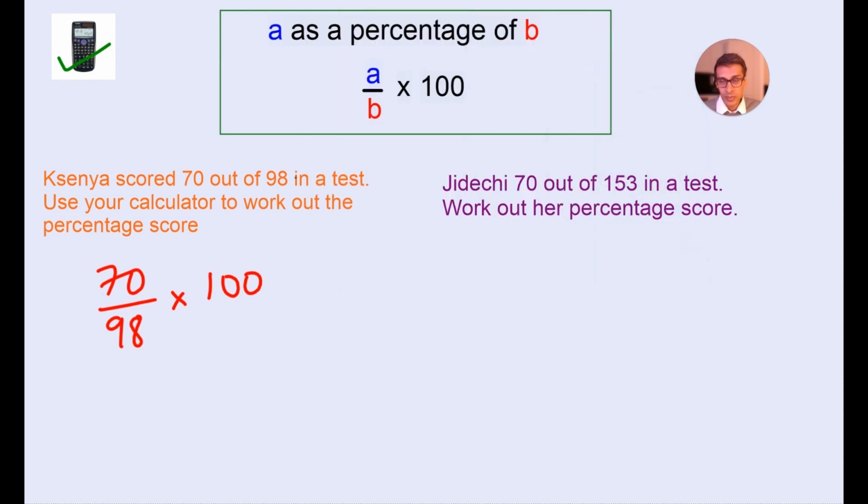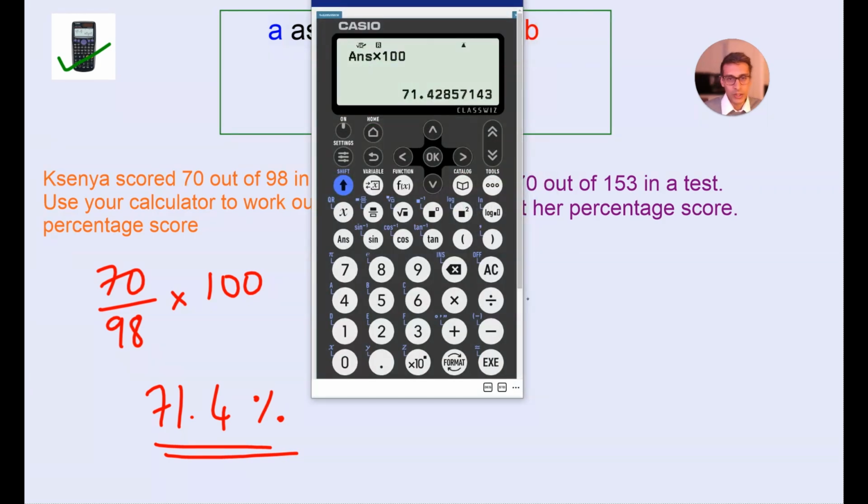Now because we've multiplied it by 100, that is our final answer. 71.4%. We're just going to round it to 1 decimal place. So this is what we got here. If we didn't multiply it by 100, it would have been 0.714,